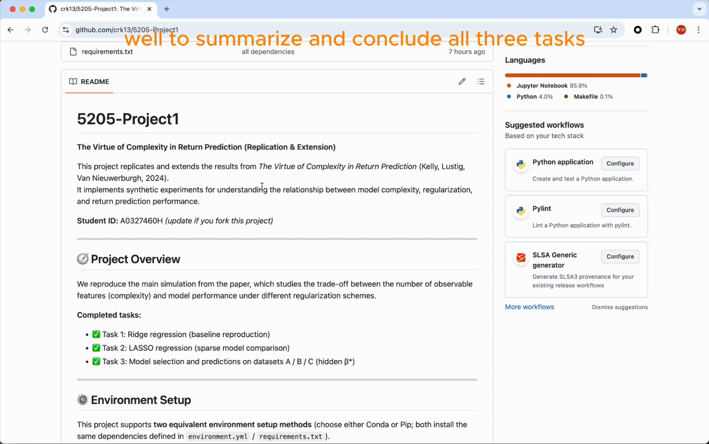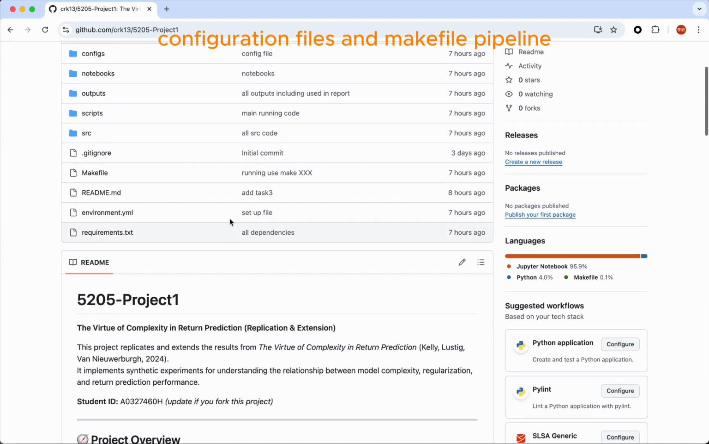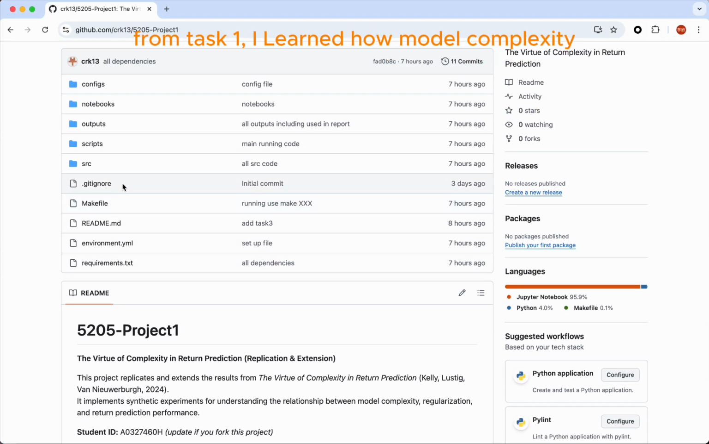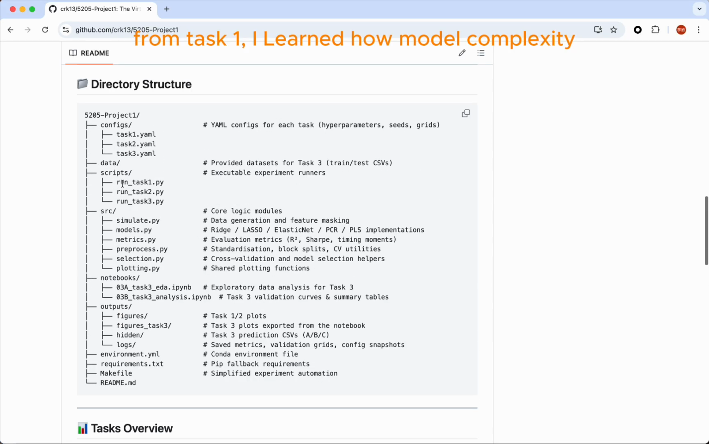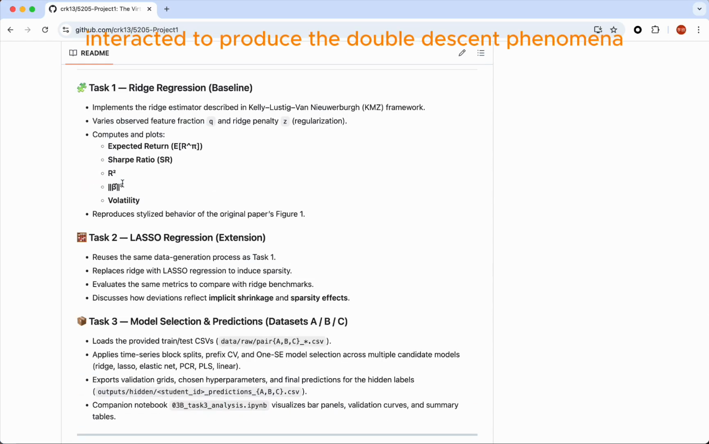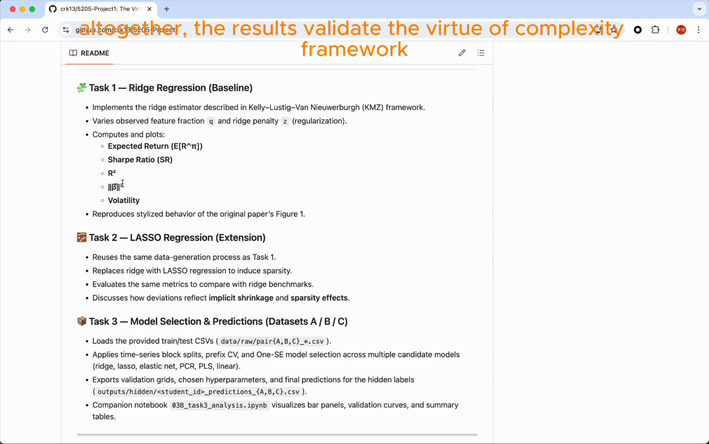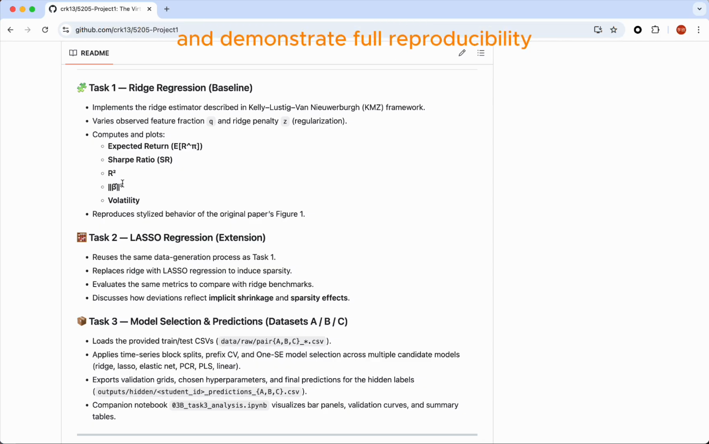To summarize and conclude all three tasks, this project is fully reproducible through modular scripts, configuration files, and a Makefile pipeline. From Task 1, I learned how model complexity and regularization interact to produce the double descent phenomenon. From Task 2, I saw how sparsity enhances robustness. From Task 3, I confirmed that careful cross-validation and the 1SE rule yield stable out-of-sample performance. Altogether, the results validate the virtue of complexity framework and demonstrate full